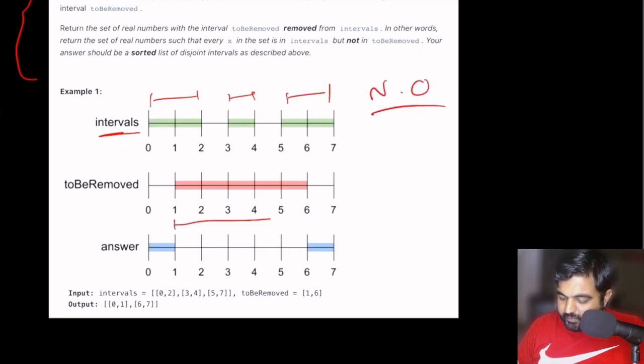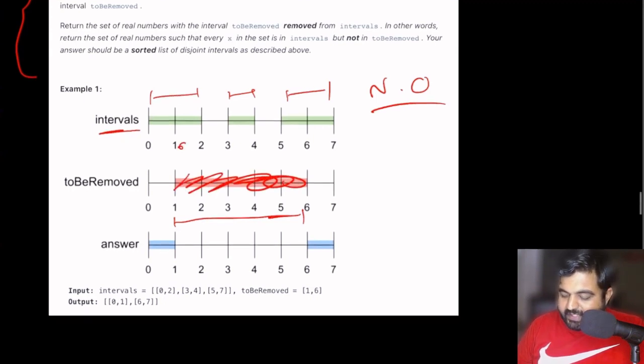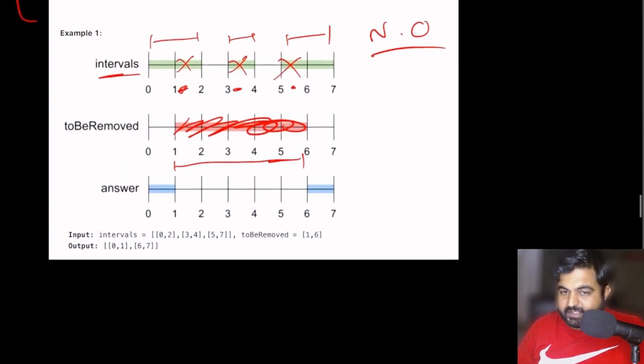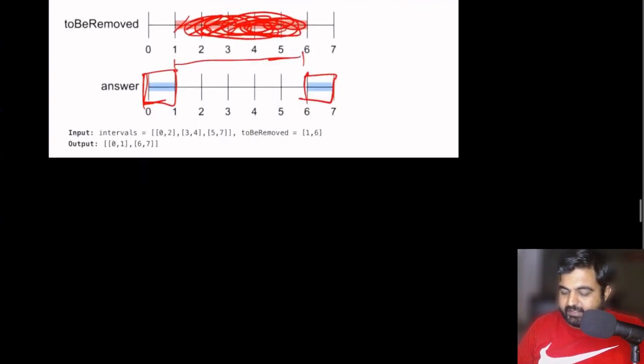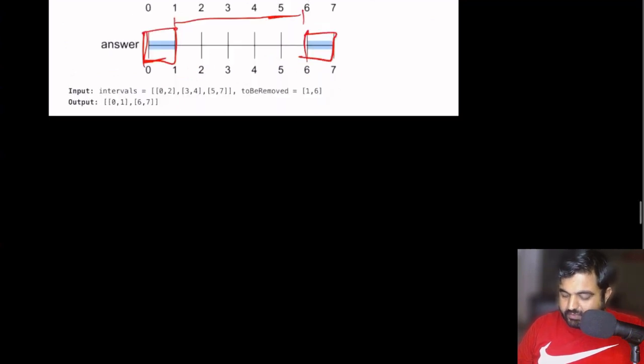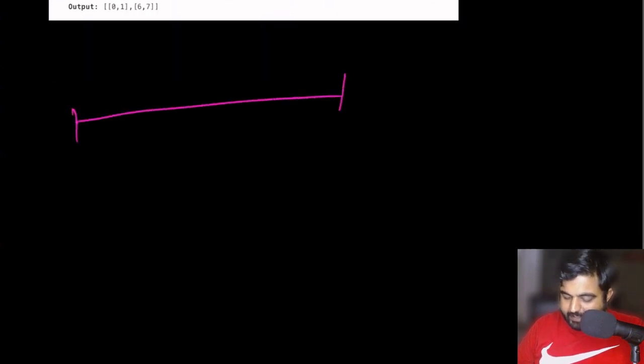We are also given a new interval that we need to remove, which means if we remove this new interval, all the intervals that it overlaps need to be removed from the original input list, and then we only need to return a new list that contains all the intervals that are not part of the removed part, and that is the answer we need to return. So let's try to understand this with an example.